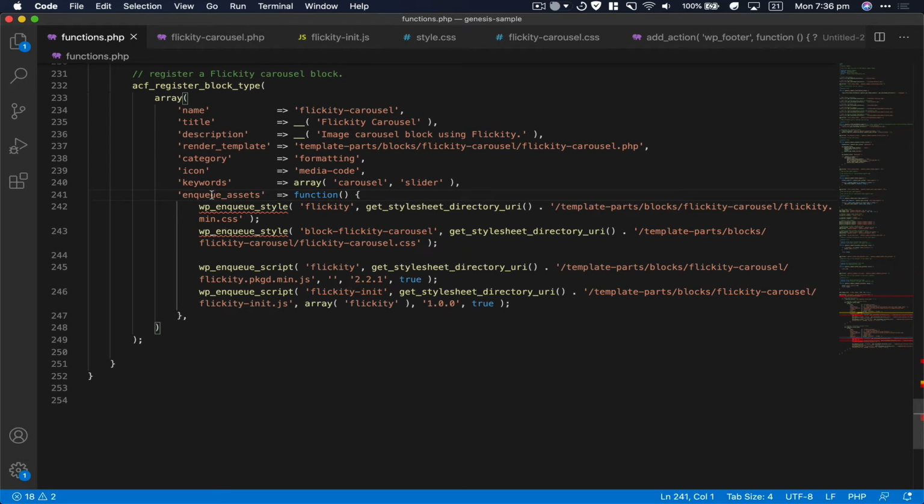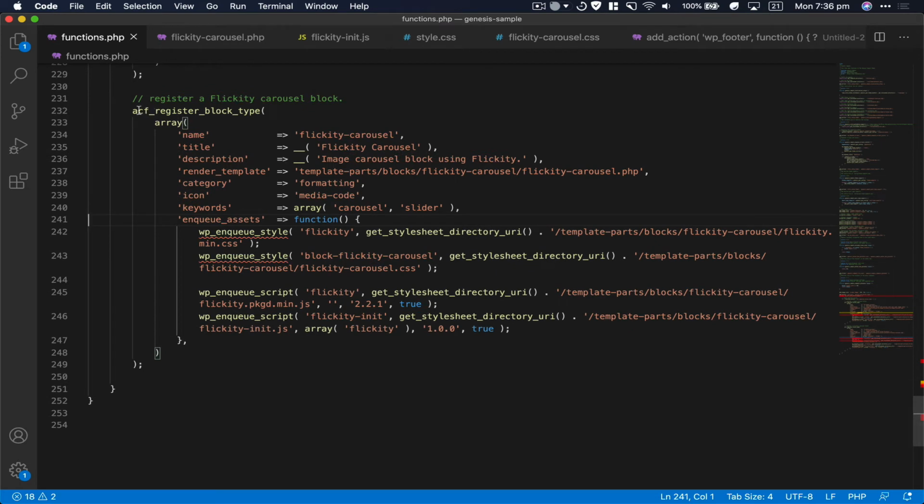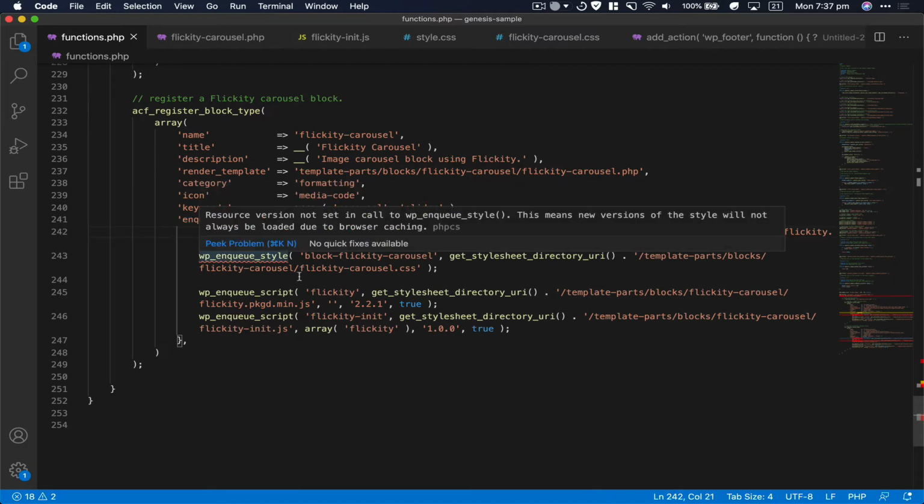Okay, and this is important. So I'm using this enqueue assets key for this array. The way you read this is, basically that ACF register block type is the function to which we are passing an array as the input or the parameter. So this array contains multiple key value pairs. So this is the key and this is the value on the right side. So one such key is this enqueue assets, and that is basically taking an anonymous function, and in that here I'm basically specifying that